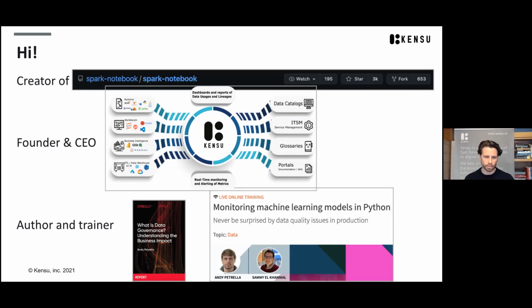I recently wrote a small report for Rally about what data governance is and its impact on business, where I try to demystify data management and data governance, not about data catalogs, but more about the methods and the program that it can be. Also, I'm very proud of my forthcoming training next month, on the 28th of April, where I'll go into much more detail than in this talk about what can be done to monitor machine learning models in Python.